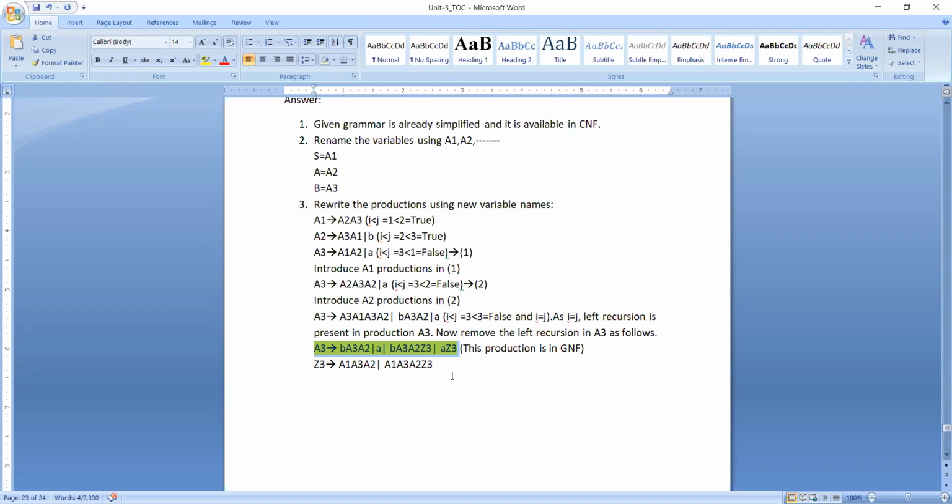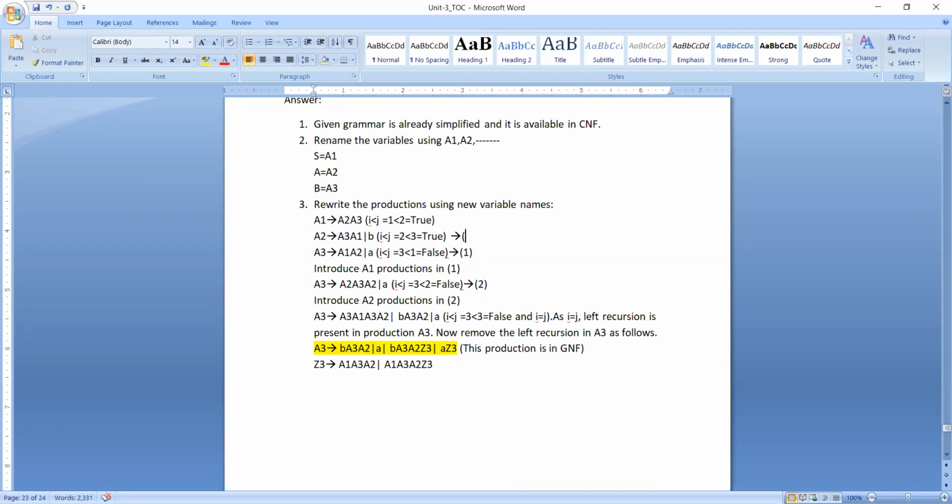First, these are the three variables we have: A1, A2 and A3. Now already we have converted our A3 productions into the corresponding GNF form. Now let us take A2. So what are the A2 productions? Here I am giving some number for this.